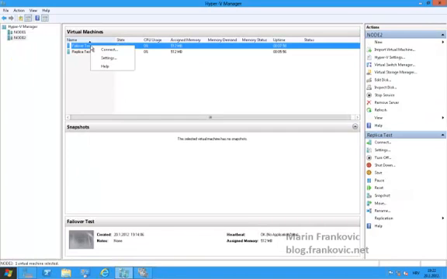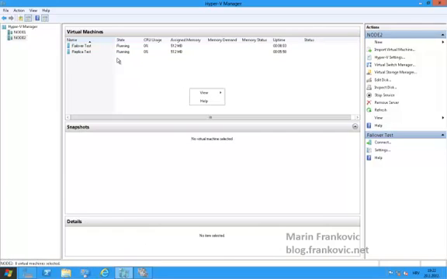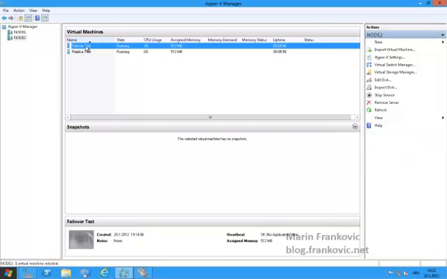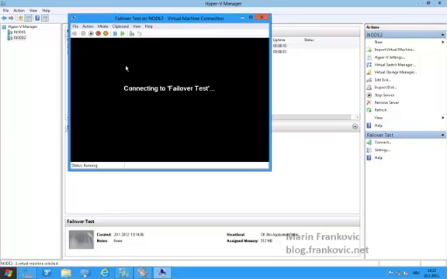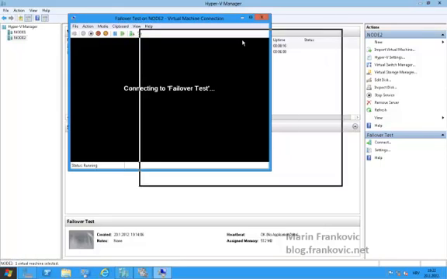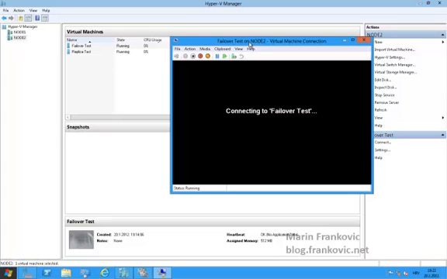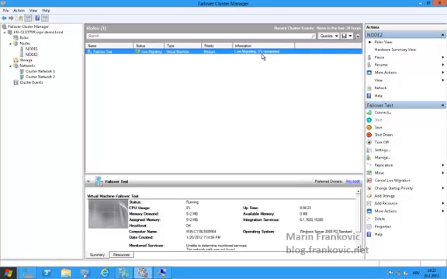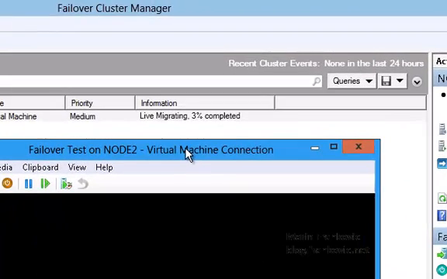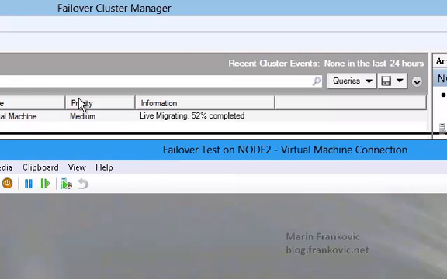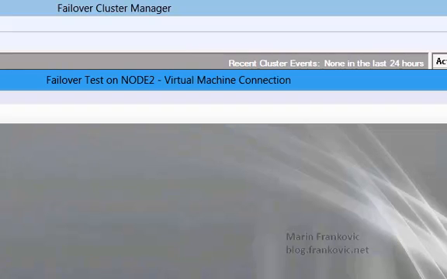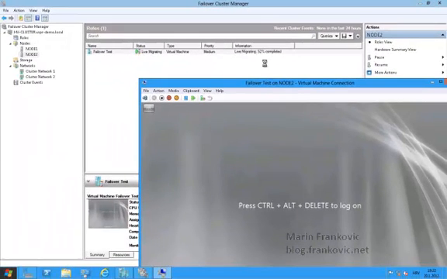As you can see, of course, here, we can even connect to it. Okay, 3%. Now it will suddenly jump to 51, 52%. So I do give this credit to the developer preview version of Windows Server 8. As you can see, while the virtual machine is live migrating,